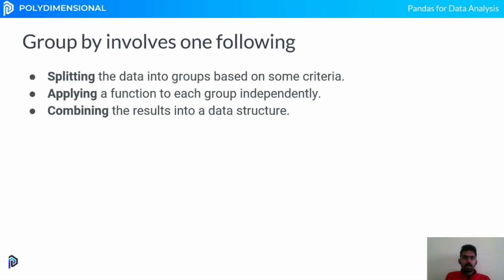Let's look into the group by feature in pandas. So group by generally involves splitting data based on a particular condition. You can group them based on a feature value. It's commonly done. After grouping the data, you can also apply different functions to that particular data alone. That can be done using the group by. Finally, we can combine the results of it and add it to the data structure. So these are the steps involved in group by.